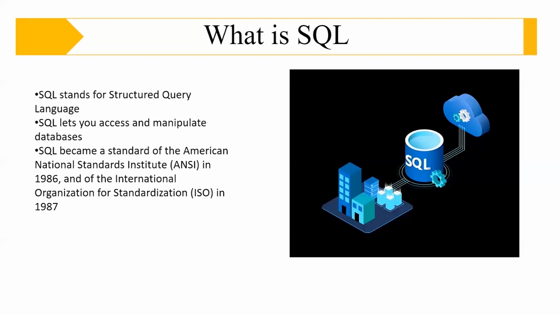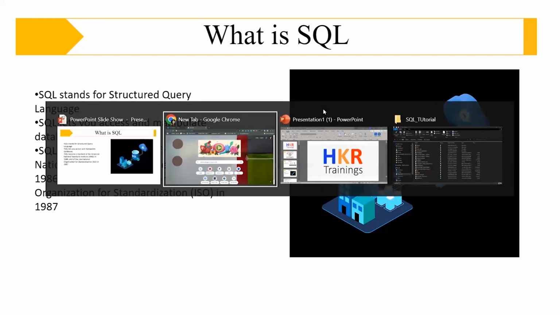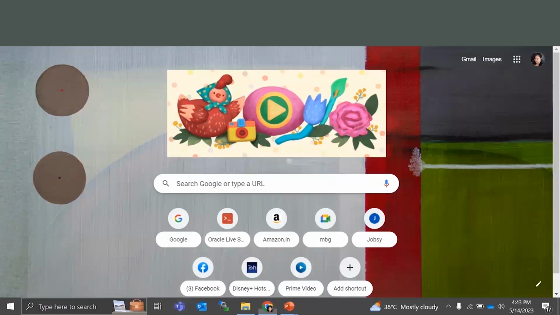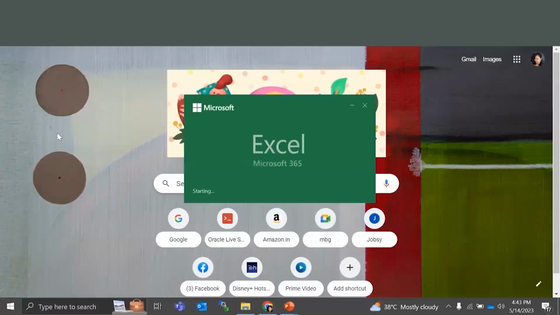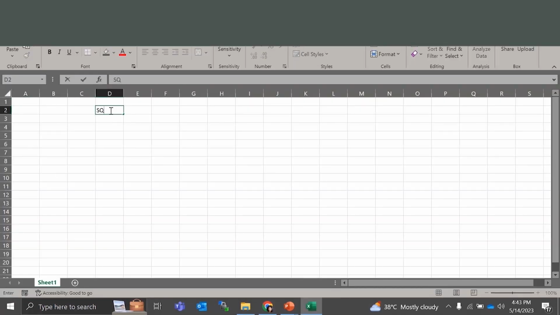And why do we pronounce it as "sequel"? Let me just show that to you. SQL is nothing but Structured Query Language. When you are studying, if you're in college, you will generally call it by its individual letters, S-Q-L. But when we work, we call it